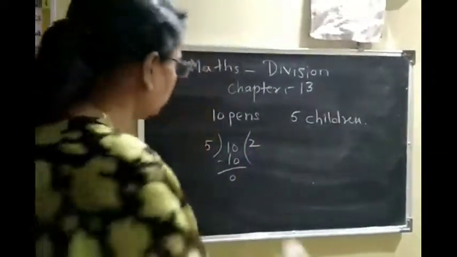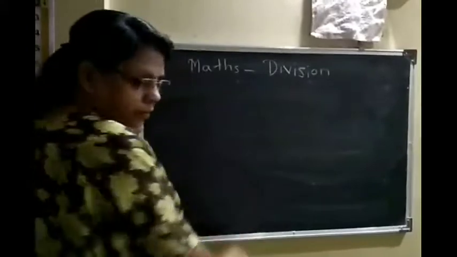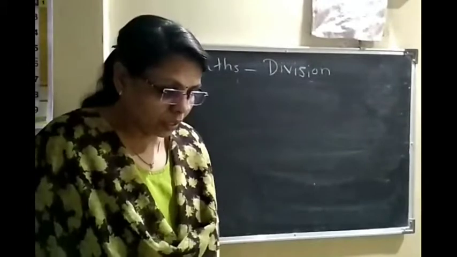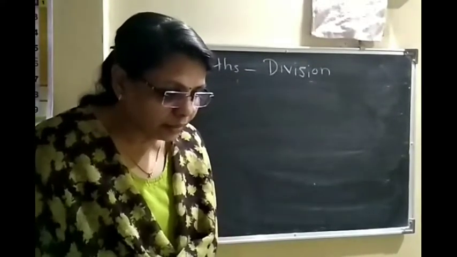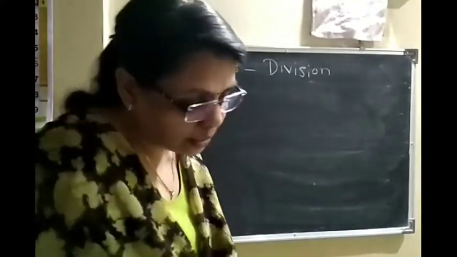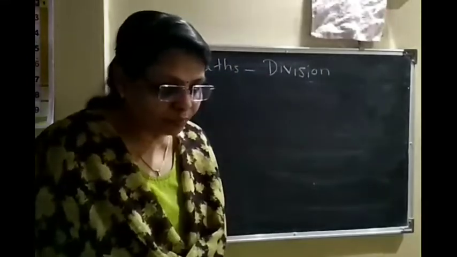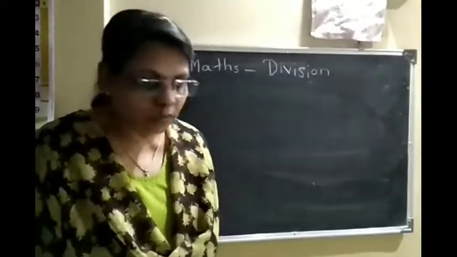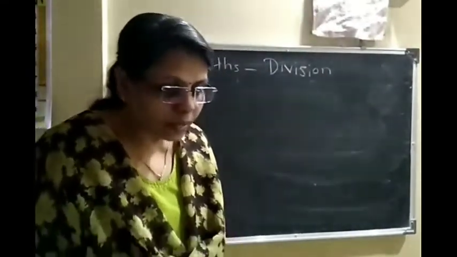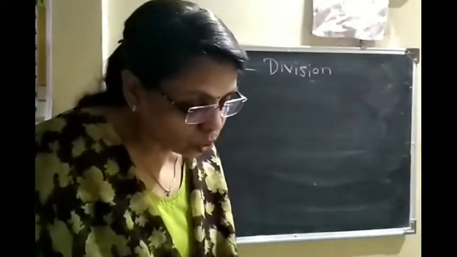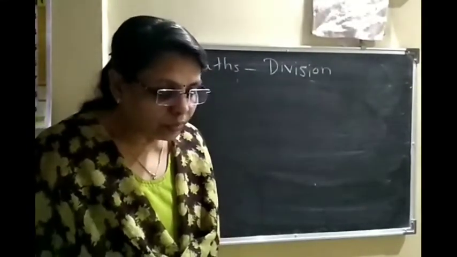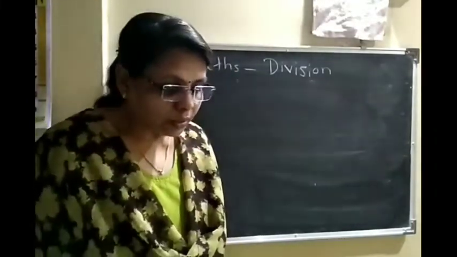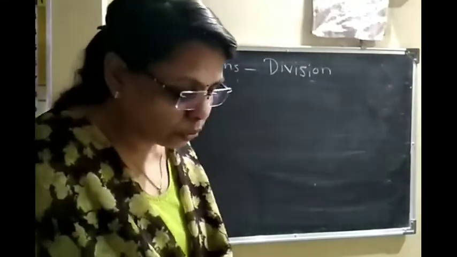So we will start with the sums here. Page number 87, your maths workbook. Here the assignment has some pictures you can see on that page, boys and girls. Count to see how many children are there. There are 4 children. 3 girls and 1 boy. So they have to be shared equally. Some guavas are there that you have to distribute among these children.